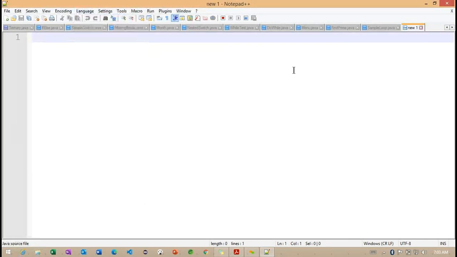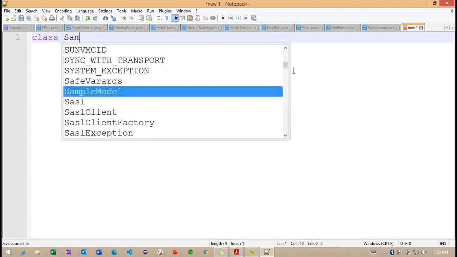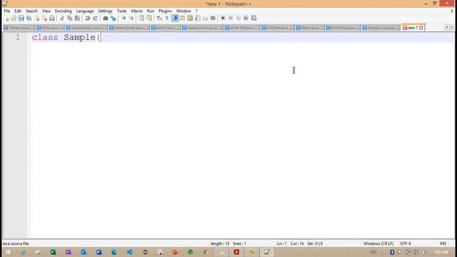To create this class, what do we understand here? Previously we used the syntax called class. This is the keyword we use to create a class. After the keyword, we provide the name of the class, something called sample, right? So this is the name of the class. After creating the class, we directly connected with the main method. Today we are not going to connect with the main method. First we'll see what methods and variables we can create here.